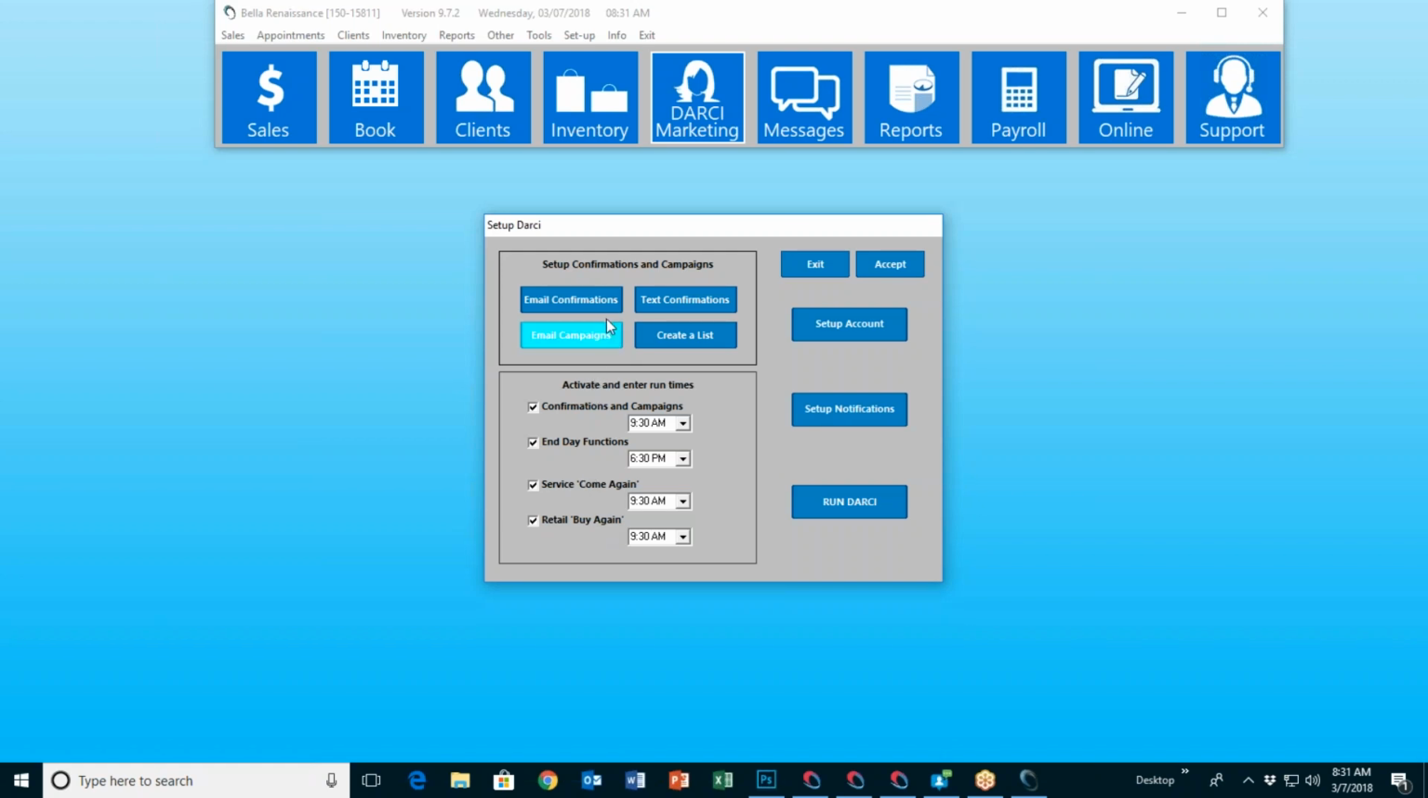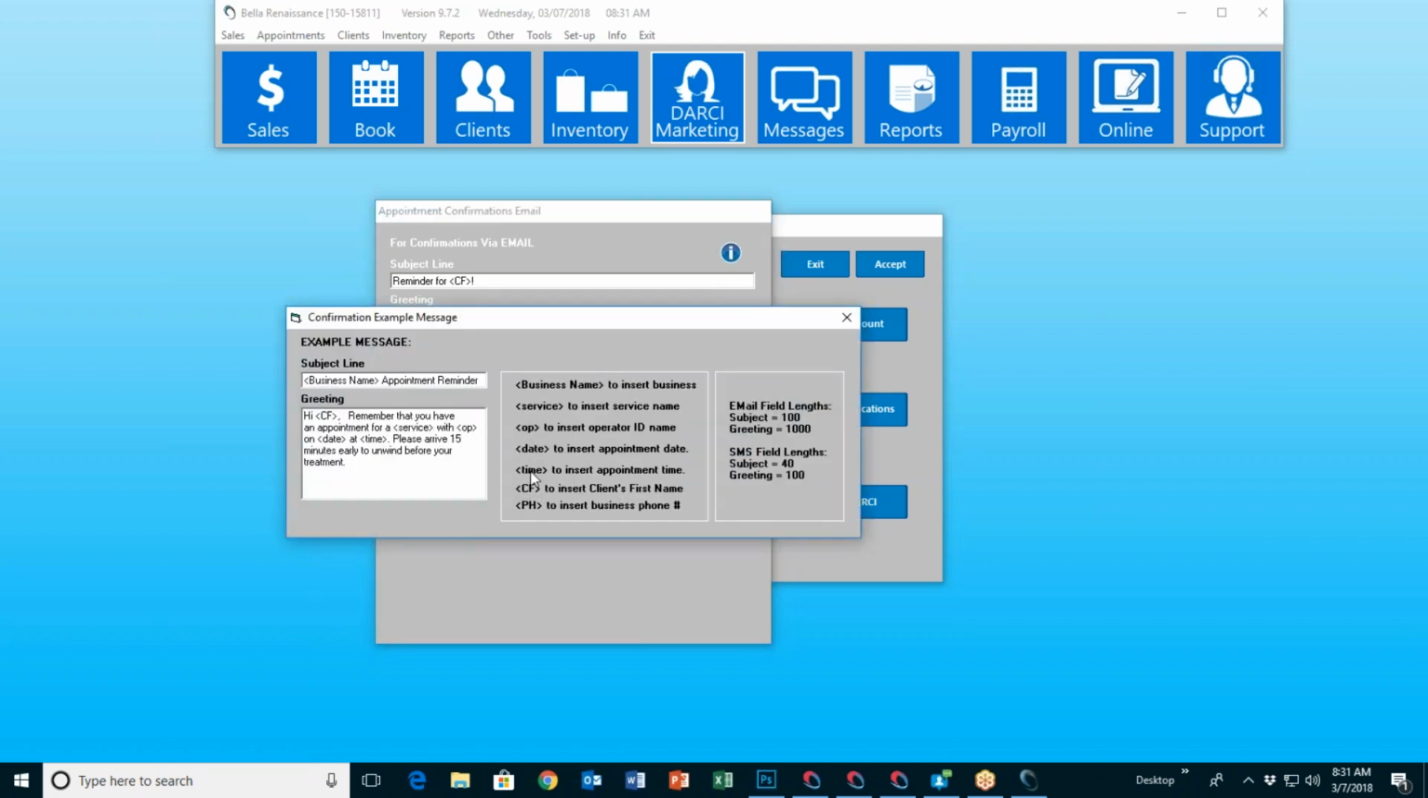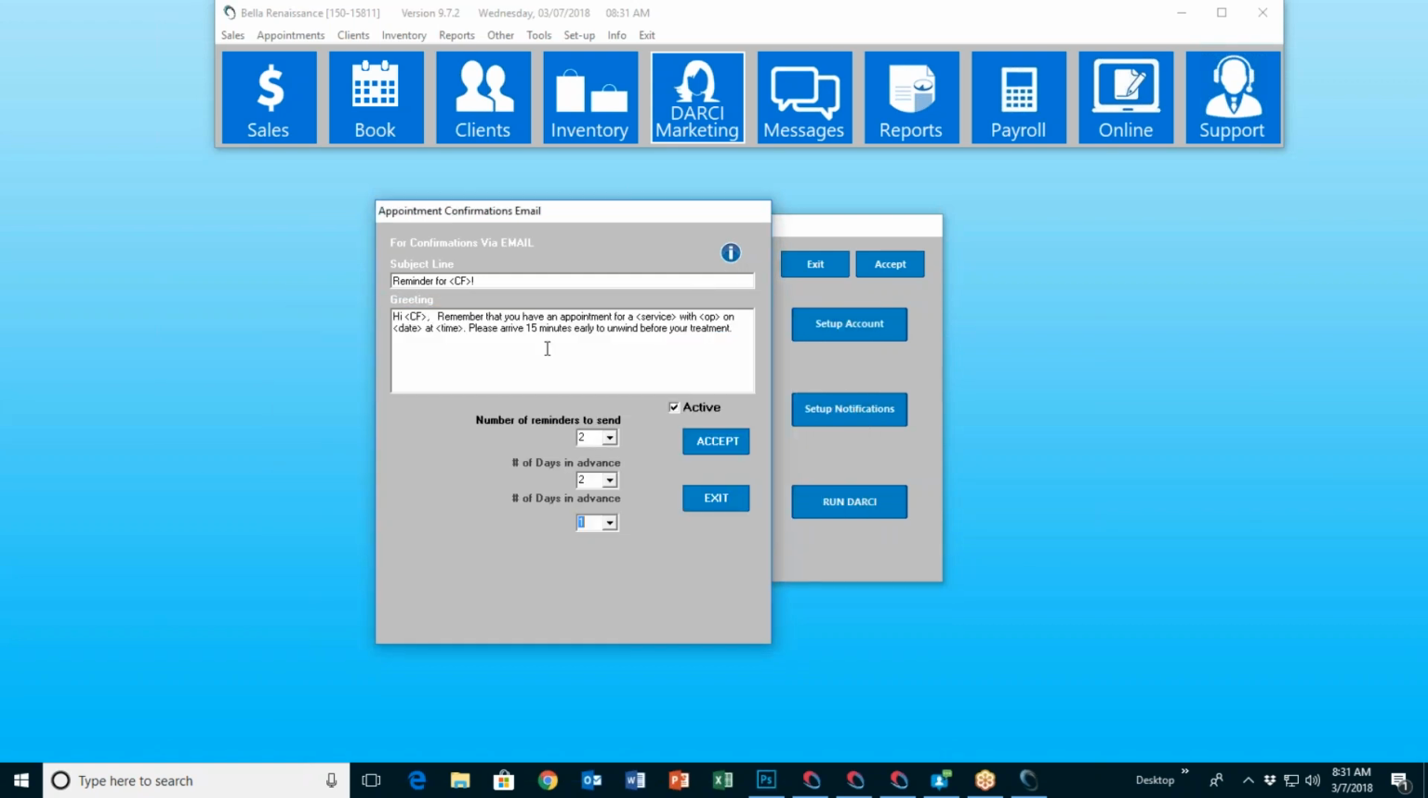The first is appointment reminders and confirmations, and they can be done via email or text. And with this, you get to write whatever the message is you want to write. This is for an appointment reminder. So for instance, it might say something like reminder for Nadine. Hi Nadine, remember that you have an appointment for a European facial with Sally on March 9th at 11 a.m. So these are what are called variables, and you can find the list of variables that you can use for appointment reminders and confirmations right here by clicking on that little information I. So you can insert them into the body of your message